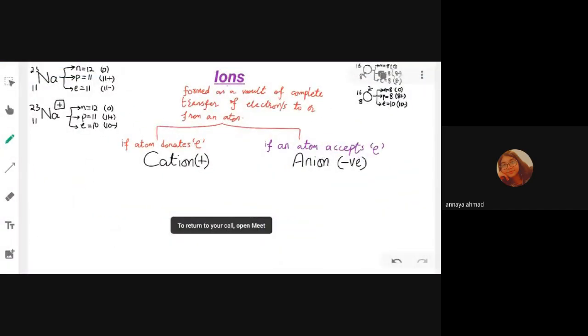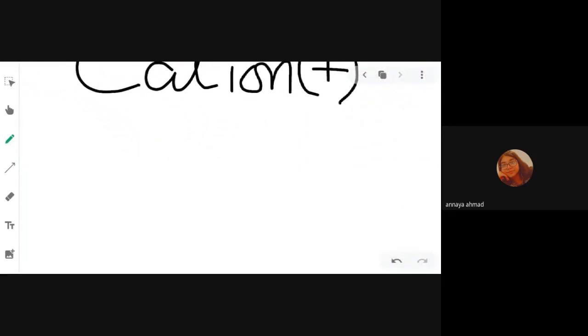So, this is how you have to write down the difference between cations and anions as well. When you will be defining, you will also write down the examples. And when you are writing down the examples, you can also show it with the help of an example like this. For example, you say that we have an atom. Now you see that an atom has protons and electrons, while ions have different number of protons and electrons. If electrons are more, it becomes a negatively charged anion, and if protons are more,